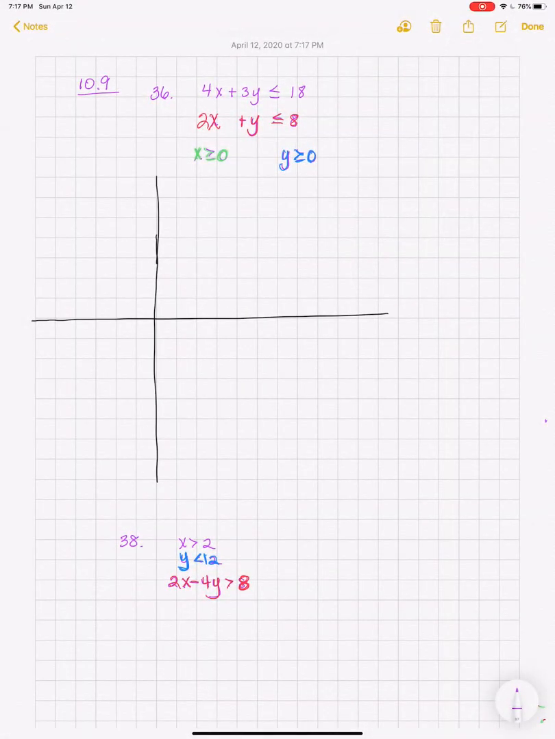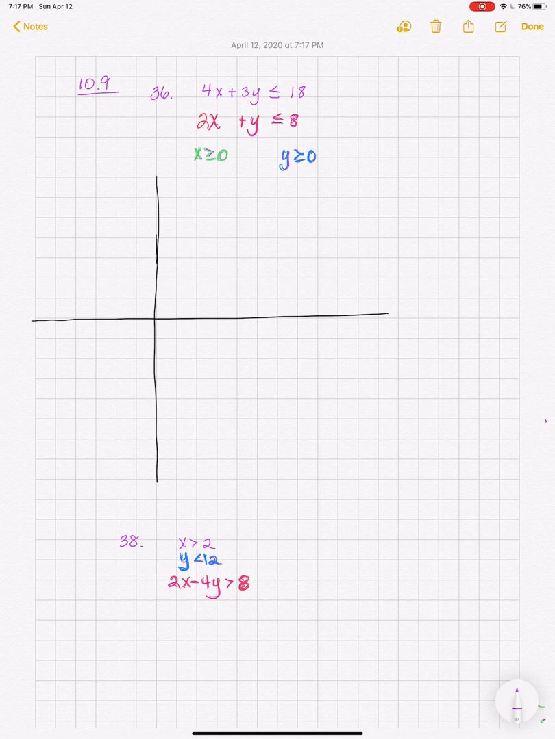Alright, I want to show you the difference between unbounded and bounded solutions. So I'm going to work a couple more of these in 10.9. Now notice 36 has 4 inequalities. So this system of inequalities, you're not going to do anything different than we did on the other ones to